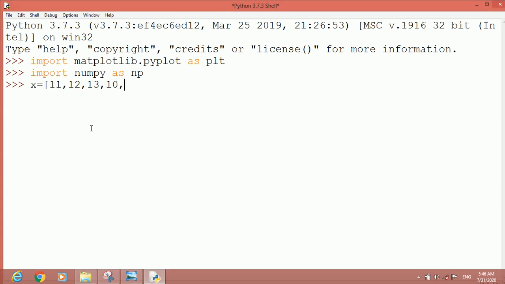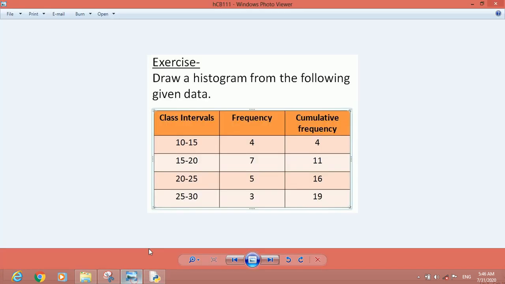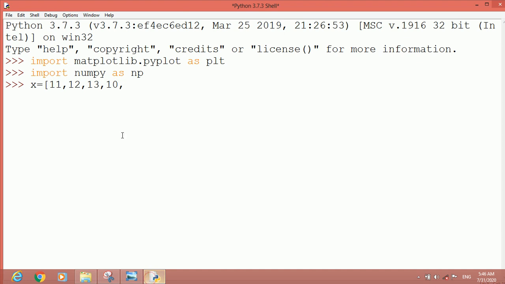Now comma, next 15 to 20, 7 data items. So let us have 15, 16, 17, 15, 18, 19, 20. Let us count whether 7 are there or not. 1, 2, 3, 4, 5, 6, 7. 7 data items. Okay, 15 to 20.